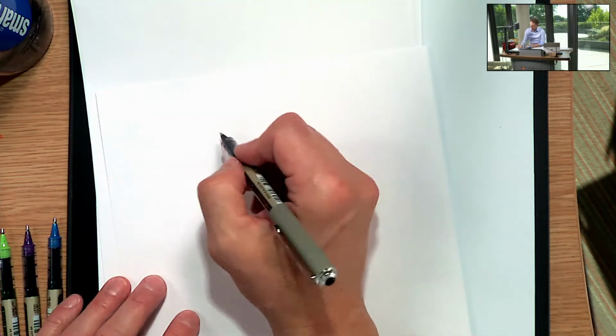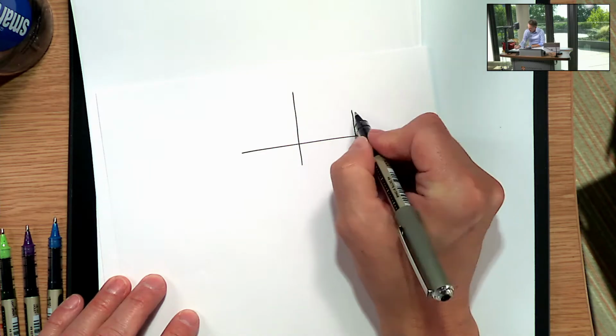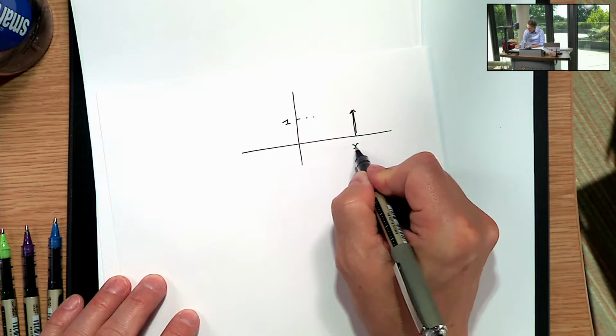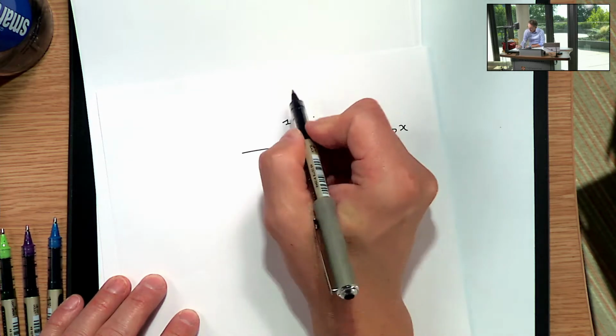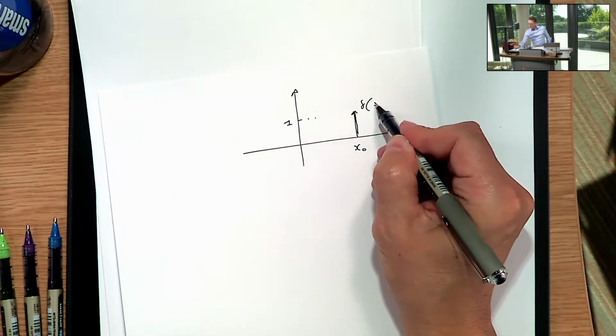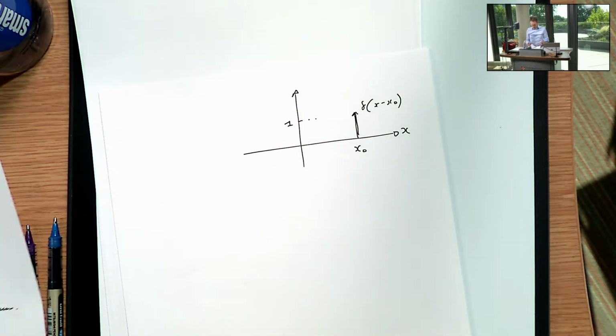So what this means is that this function looks like this. A shifted delta function, so that's 1, and that's x naught and x, and that's delta of x minus x naught, shifted by an amount x naught. Okay,